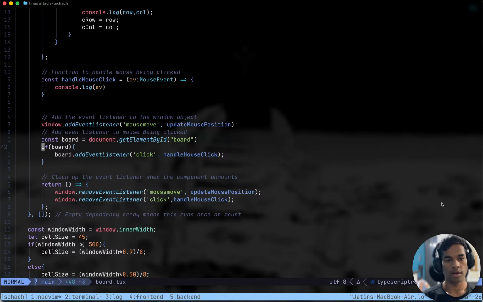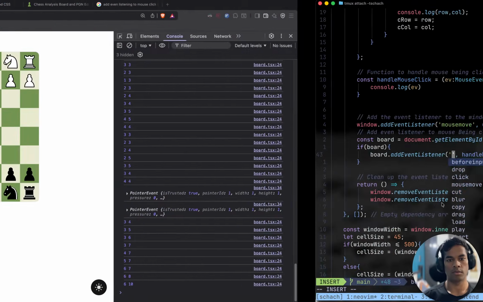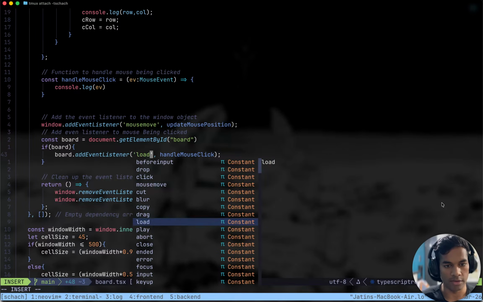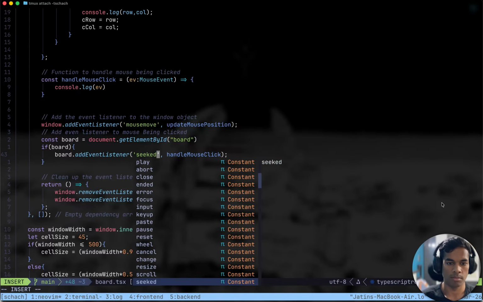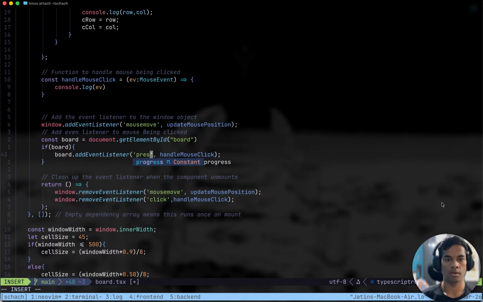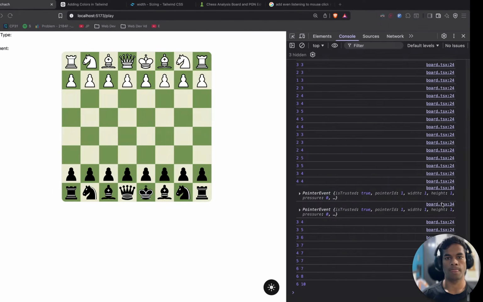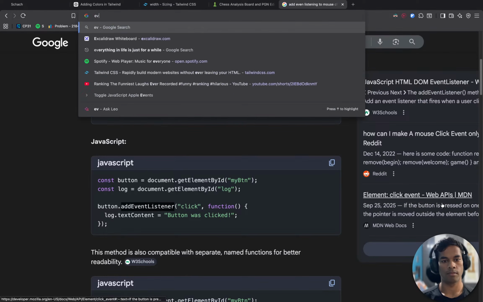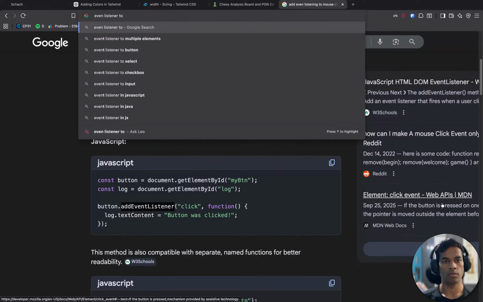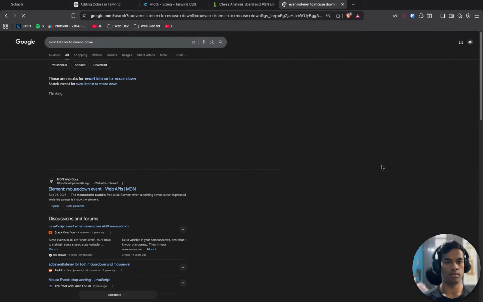So instead of click, this should say mouse down or something. Okay, what are the events? Drag is an event. No, we want for click or press, mouse down.